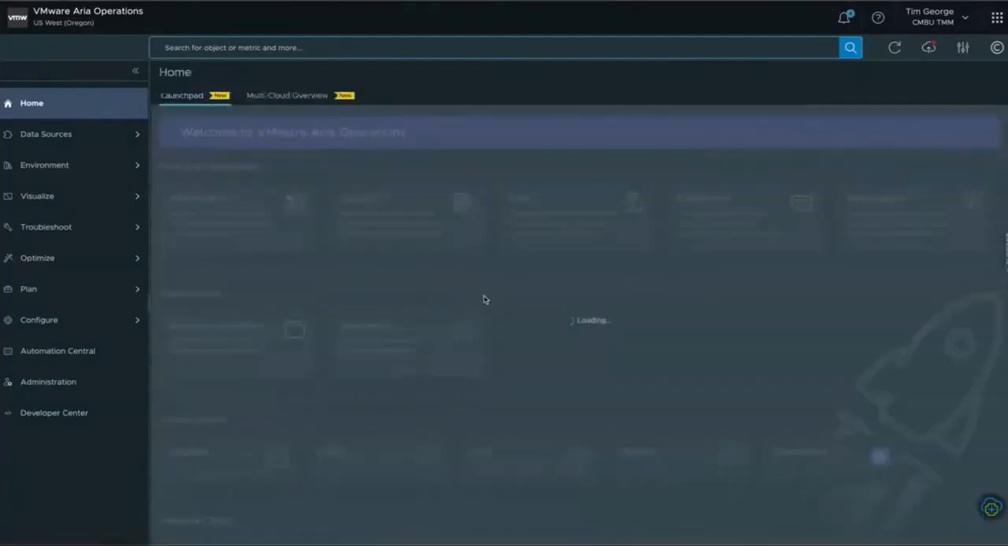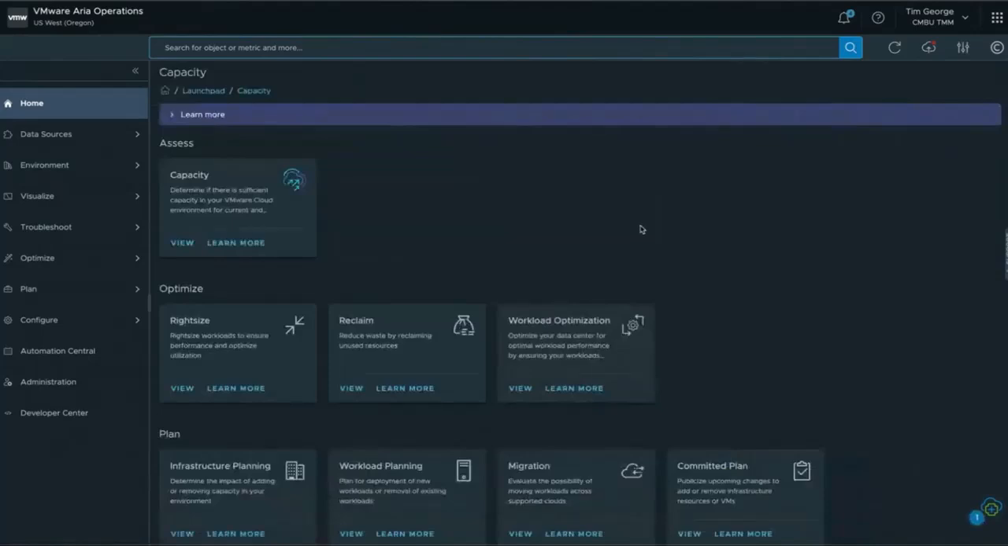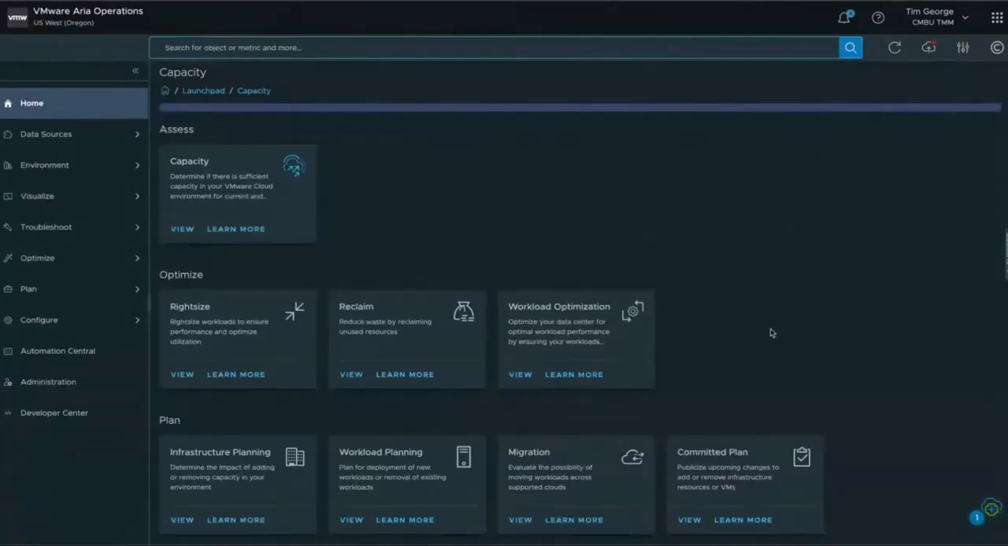So let's go back to the Launchpad homepage. So now we're back at the homepage here. We've covered most of observability, at least from the beginner standpoint. Let's jump into capacity and see what we can find there. So the first thing we can do is assess, we can optimize, or we can plan for the future. We probably won't get into the planning, but